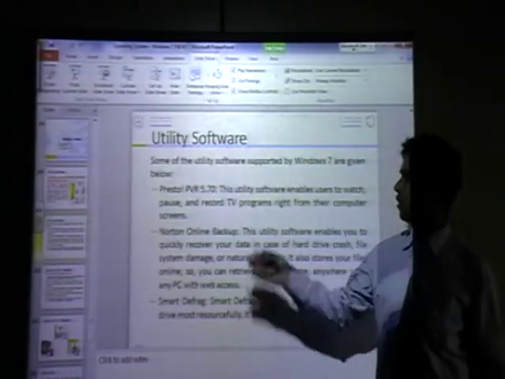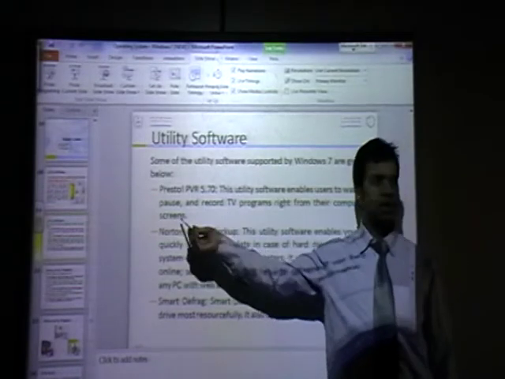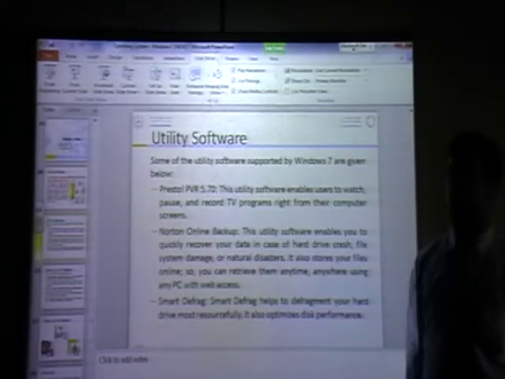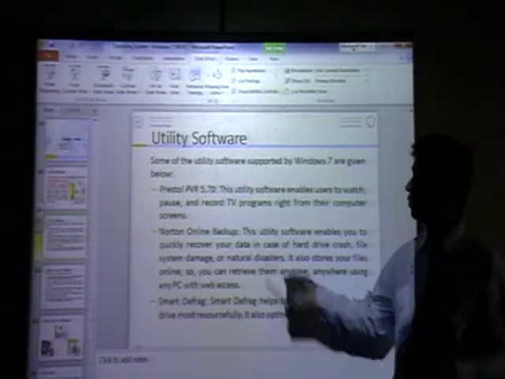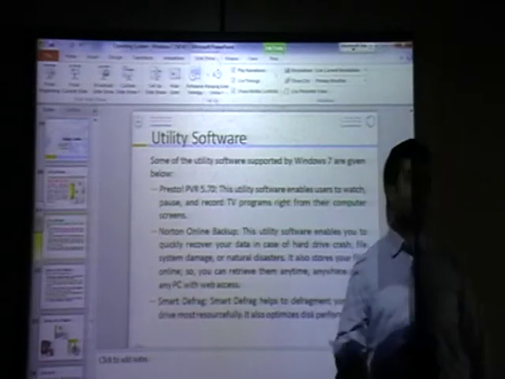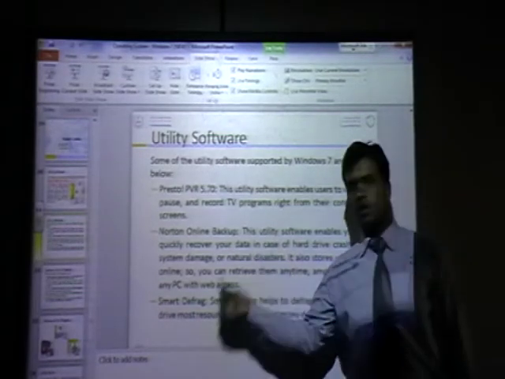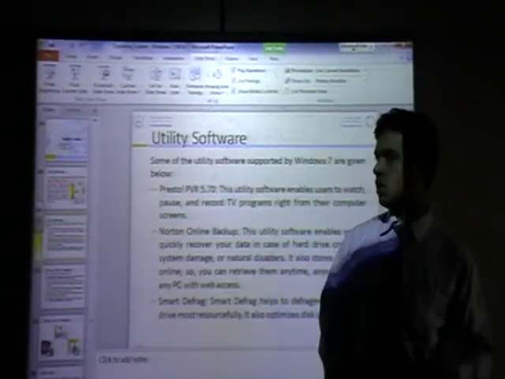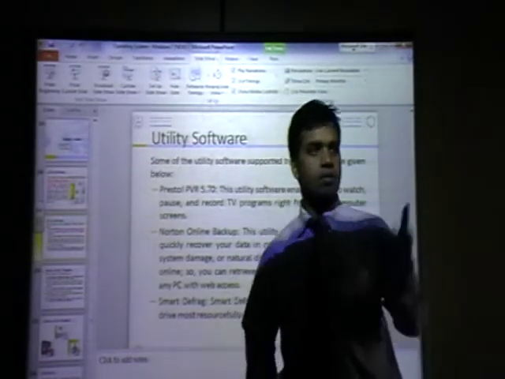One software example is given, Presto PVR 5.0. What does this software do? It enables the user to watch, pause and record TV programs on your computer. You can install this software so you can watch TV on your computer as well as record.